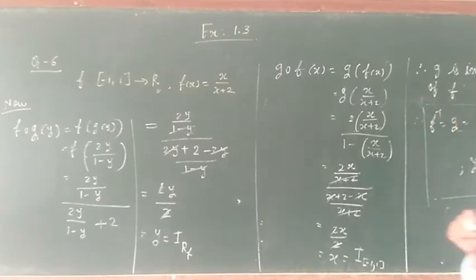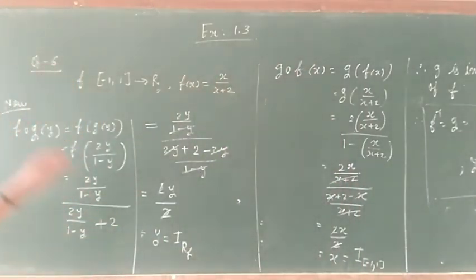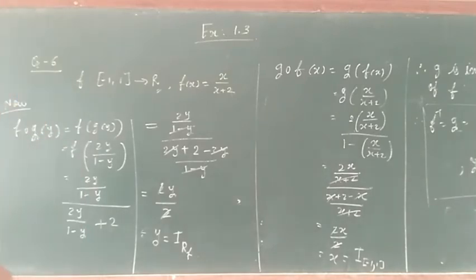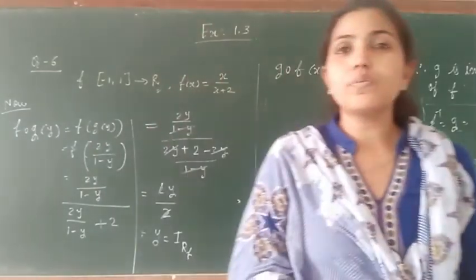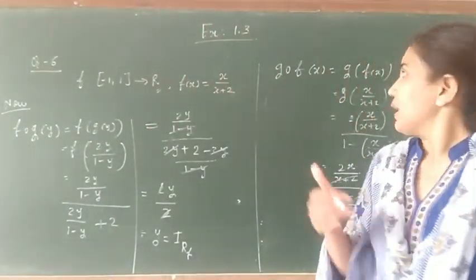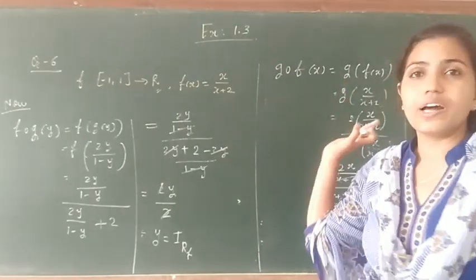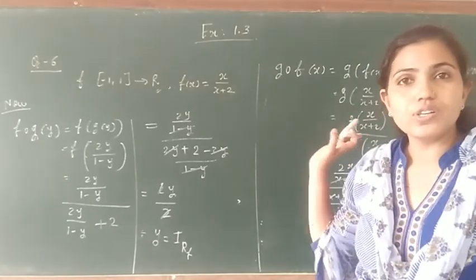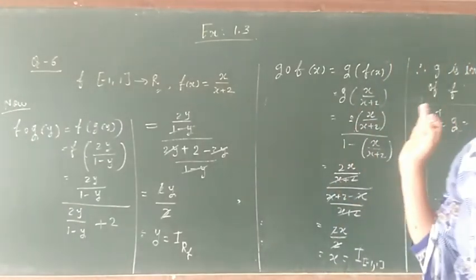Okay students, I hope you understood the question very well and what to do. They ask this type of question for 4 marks. Here you can see what you have to show. Whenever you have to prove invertible, you first have to show one-one and onto. Then you have to show the composition. Here the composition is the identity function, and therefore it is invertible, and hence we have proved.